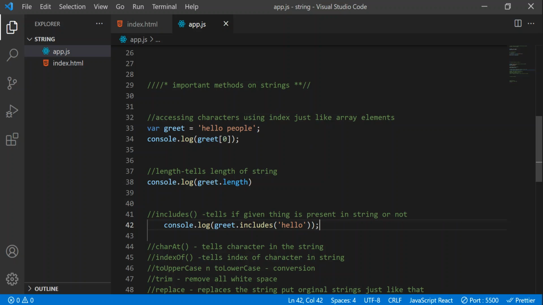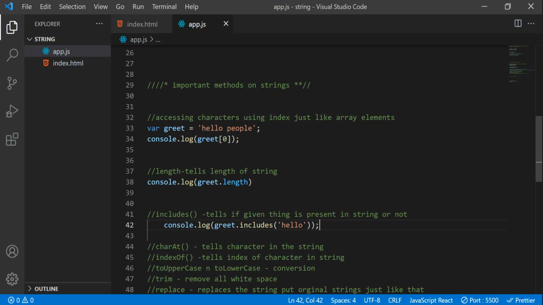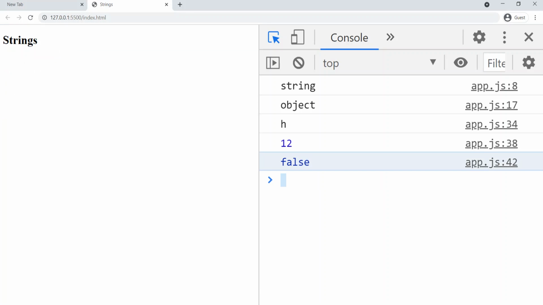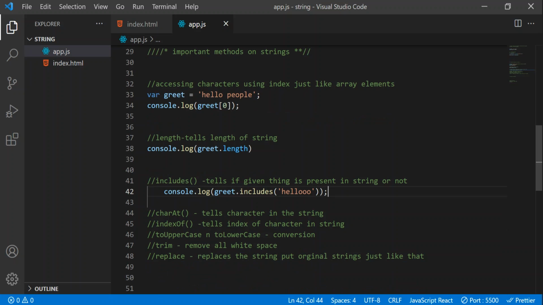Now let's go to Chrome. You see, I got output as true. Now let's try a different word. So you can see I got output as false. This is what the includes method does in JavaScript strings.